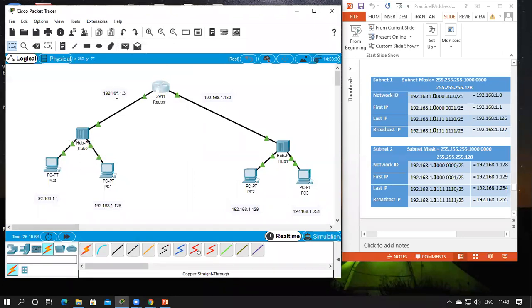Now consider all these addresses. For all these three addresses, when you apply the mask, that is 255.255.255.128, you will get the network ID. Similarly, for subnet 1, when you apply the subnet mask to any of these addresses, you will get 1.0 as the network ID. That is why the first address cannot be used as your IP address, because that is considered the network ID. So now we'll send a message from one PC to another PC, from one subnet to the other network.